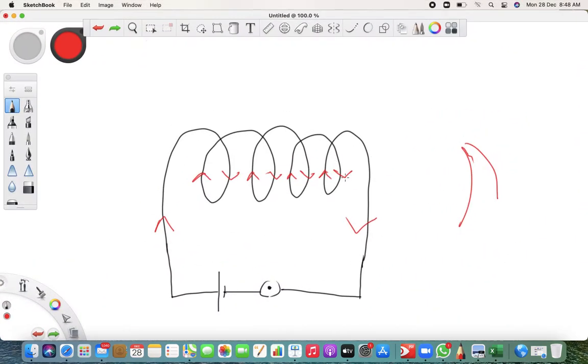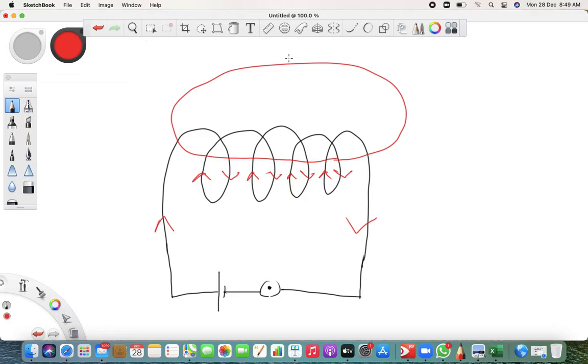So basically because of this, for one side the magnetic field will go like this, and for the other it will go like this. So because of one coil the magnetic field turns out like this.